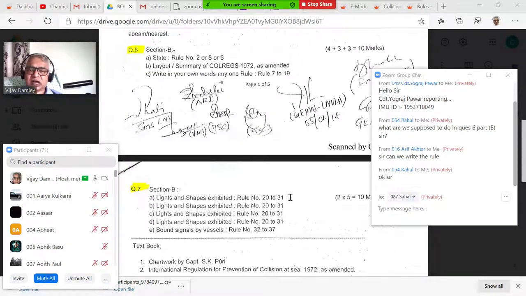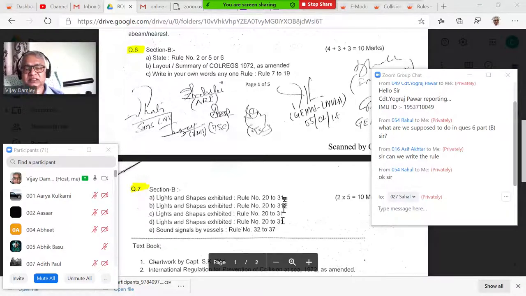You all have got those cards, playing cards, right? I call them playing cards because you should be using them like WWF cards and all you had as kids. So use them and you will find you will be able to identify all lights, because there is also a pattern. How do you identify lights? That also we will go through. So this is what we are talking about, your paper setting. So see, 20 to 37 is lights and sound signals you have to know,